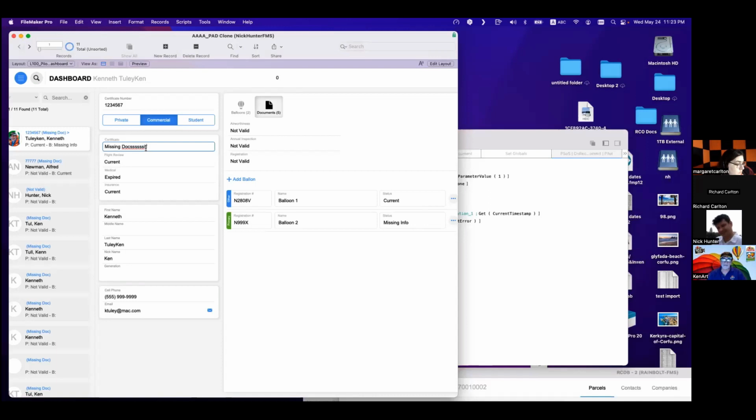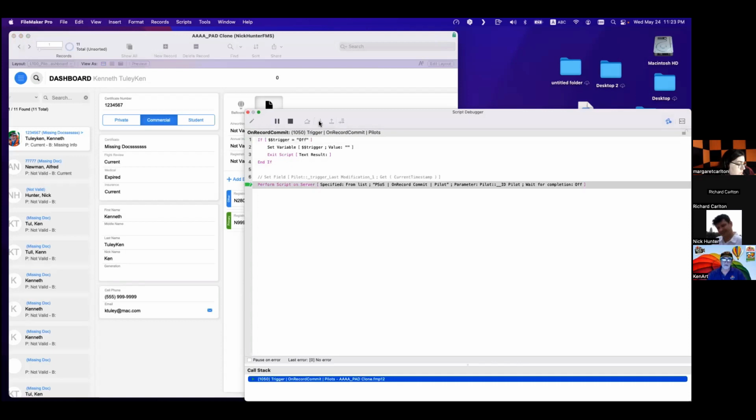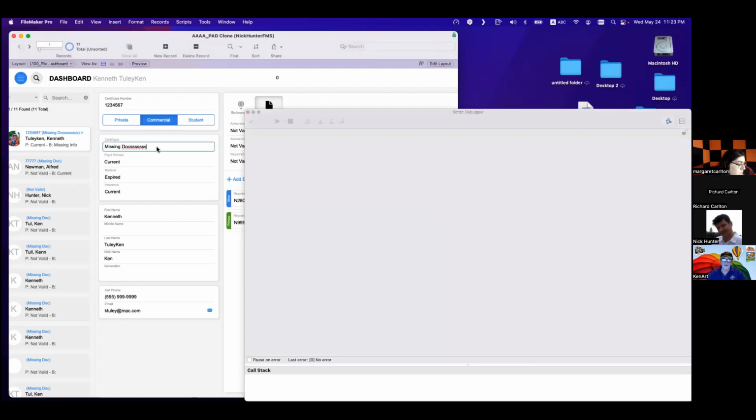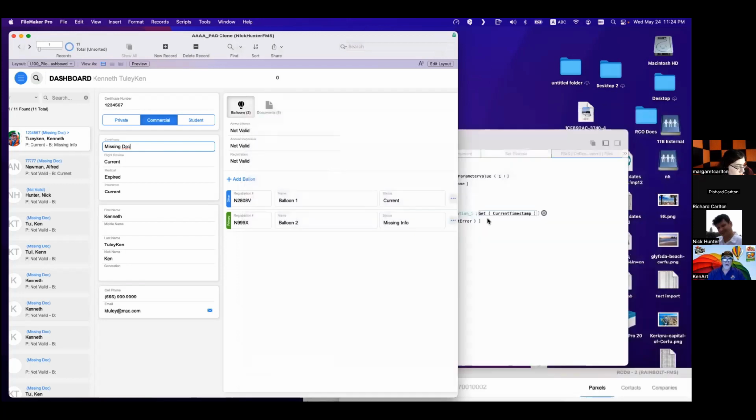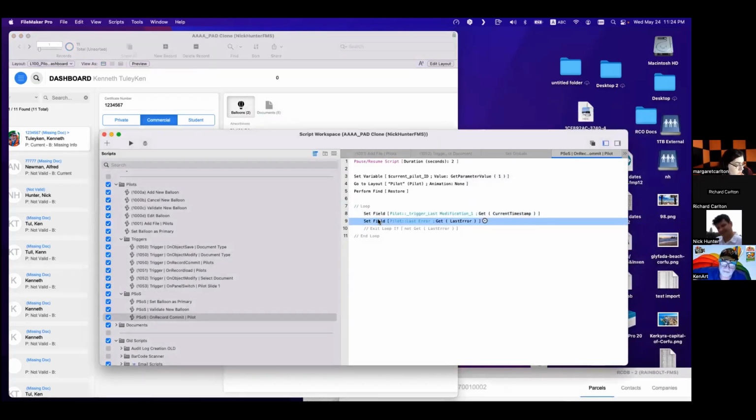If I change this, for example, and I do this, he does this, and even if I go there, it will modify it, bam. Even if the record is busy, it will do it, because it's another computer. So you write on something here, Ken. It's like the set field won't be blocked, even if the record is busy. But because it's a set field.